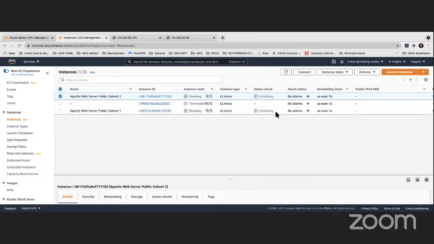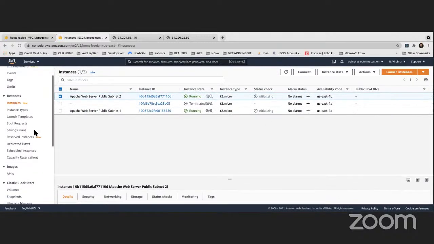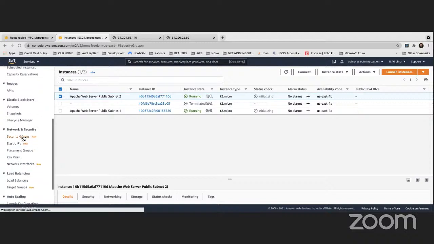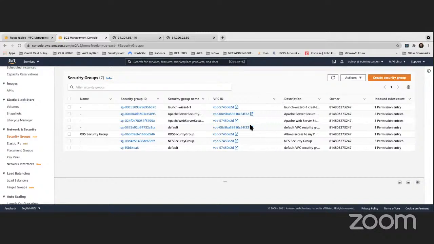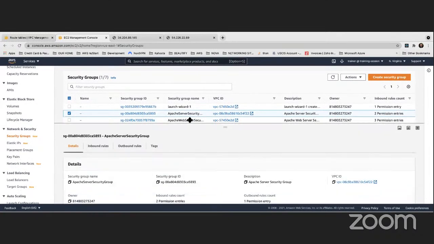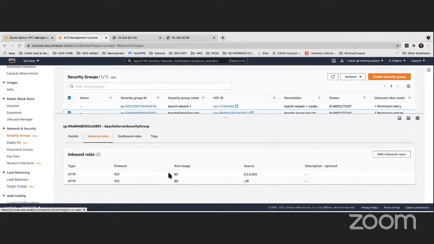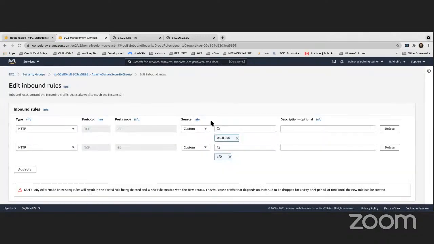What I can do now is go back to my security group and edit the Apache security group here, the one that I just created. It has only two entries here. This one here, right? This is the one that I just created. It has only this entry. What I can do is edit it and add